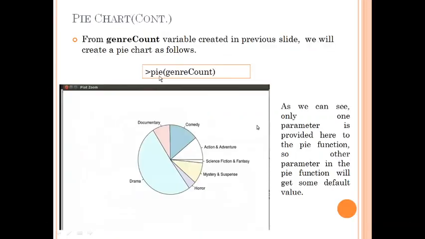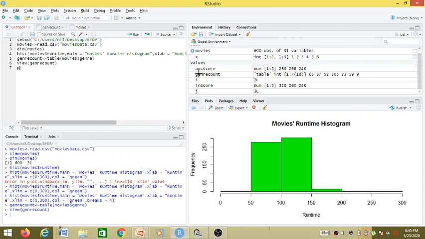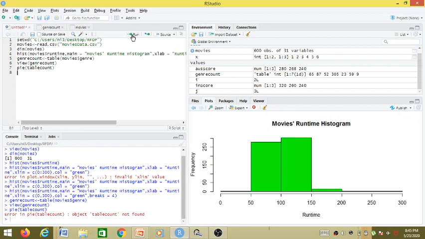So we use the pie function, and we can provide the table name to it, as we no longer require the data set to be provided directly. So the pie function, and to it I can provide a table name. We can provide the data set, but in this case we don't want to, and I have already told you why we don't want to directly give the data set.